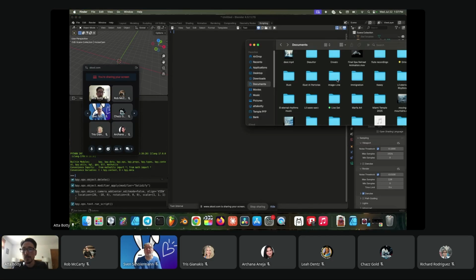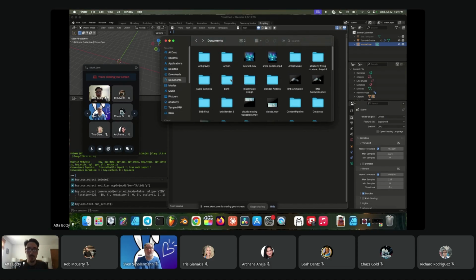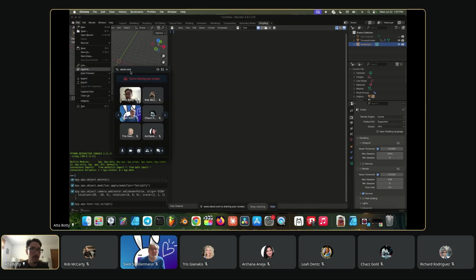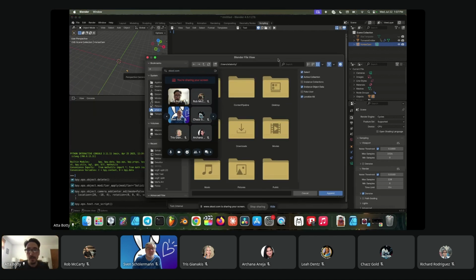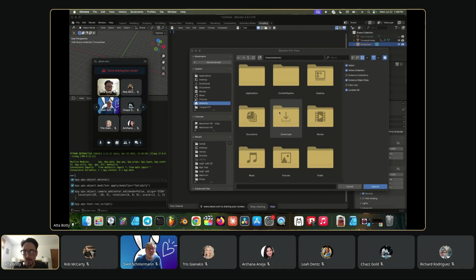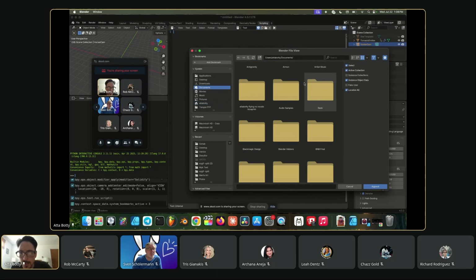Okay, so let's see here. Okay, yeah, we can do. Let's do file and see. And there's another thing. Look, let me show you how easy it is to get a script from another project file into this one. So I made an engine earlier before, and you can press file up here and then go to append, and then you can find a project that you did. So I'm going to go to documents,